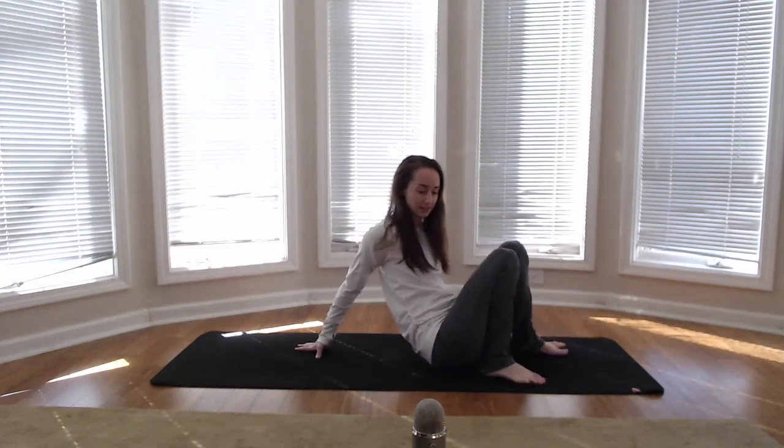And today for our yoga snack, we'll be moving through a yoga core and abs flow sequence. So all you need is a yoga mat and a floor. So let's get started. So we're going to begin on our backs